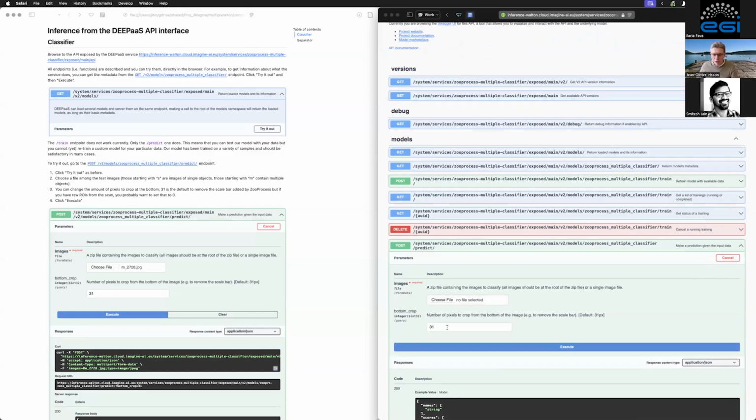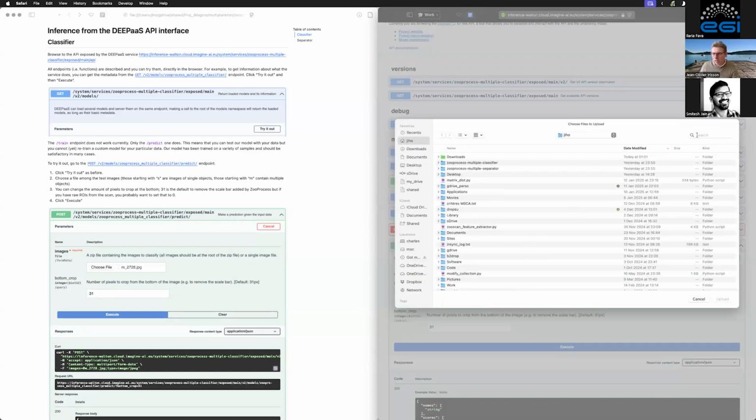And there's two inputs. The image that I want to process. So currently I'm looking at the classifier, so the image that I want to classify. And then there's a second option, which is to crop a certain number of pixels from the bottom, because if you use regular images produced by ZooProcess, you have the scale bar at the bottom. So I can choose a file, okay, and then